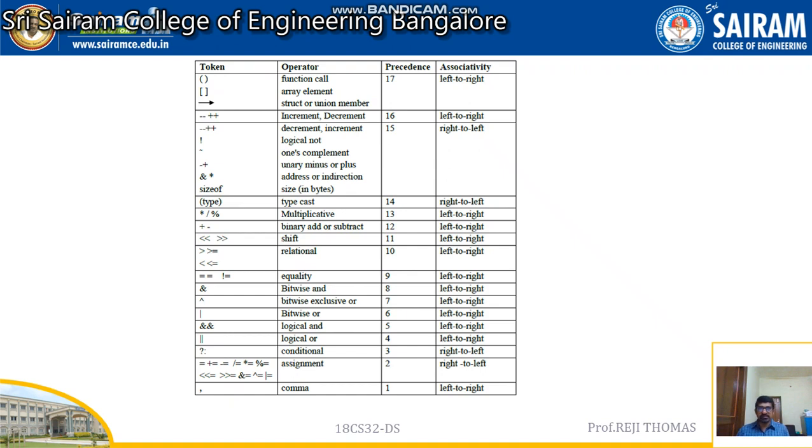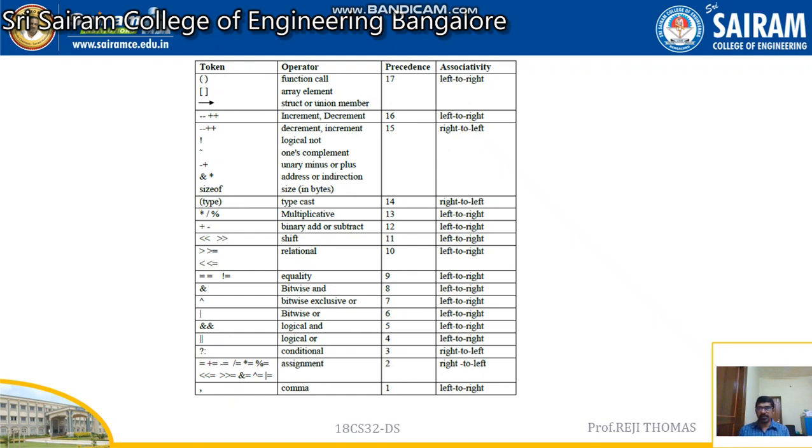My sincere advice to you is, please remember what is what and what its precedence is. Otherwise, when you evaluate, you will get one result, and when you do this on the system, you will get another result. Right from the bracket, right from the function call. Normally brackets we use for the function call. So parenthesis has the highest precedence, which can be parenthesis, square bracket, or structure or union member. And the least one is the comma operator.